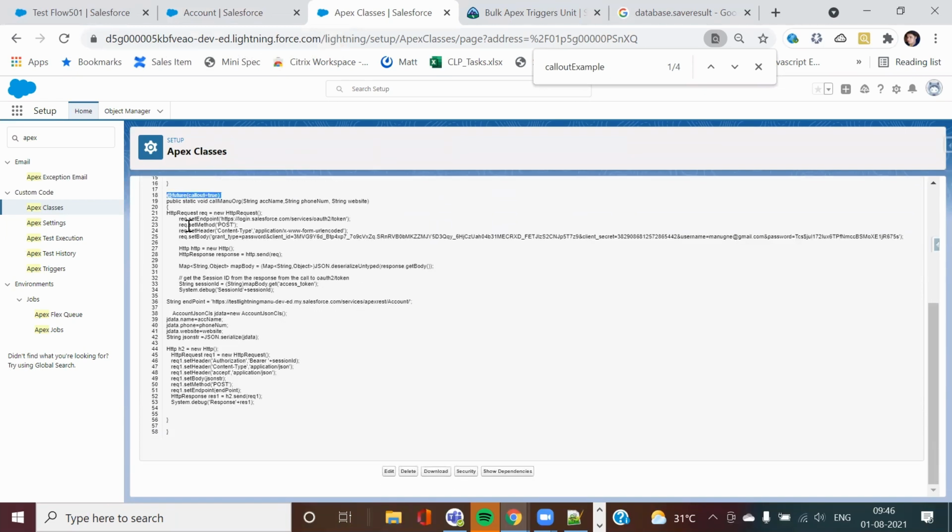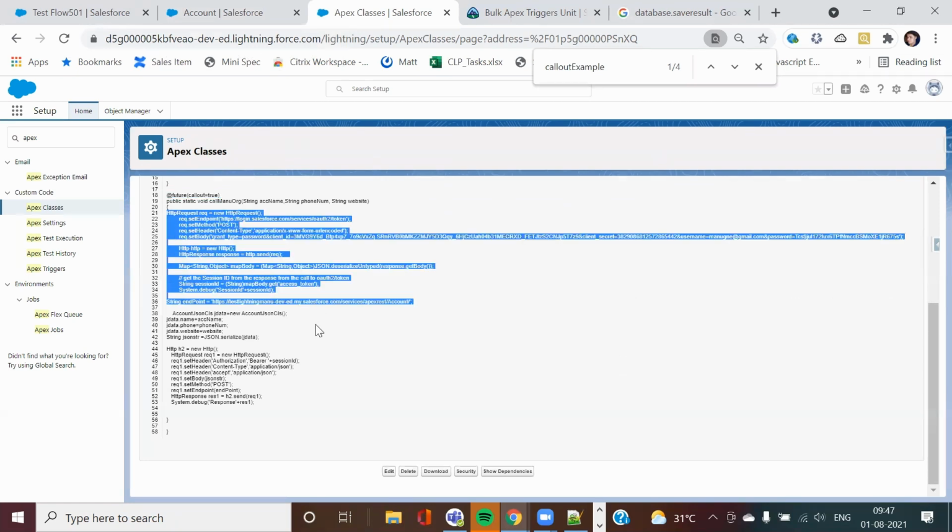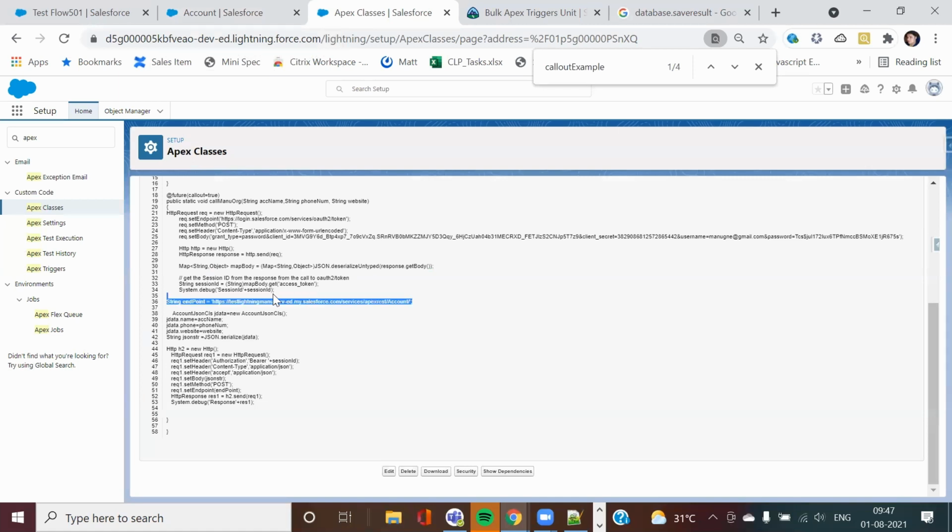After that, this is integration. This is a little bit advanced, so for timing you can just ignore it. I have just connected the other Salesforce system where I'm getting the token and all of that. After that, I am hitting the web service of the other system. Integration is a separate topic. This generally comes under advanced coding. We can check later whether we want to cover this in a session or not. My focus here is just to show you how the callout to the other system works. After that, I'm passing those details to the other system. That's it. This is what has been done.